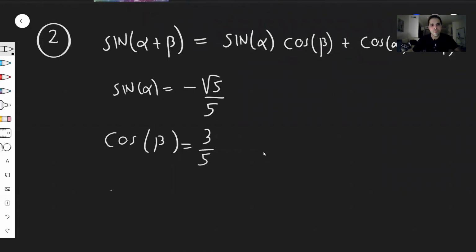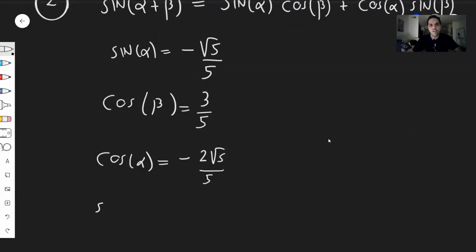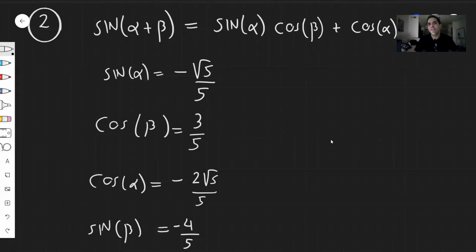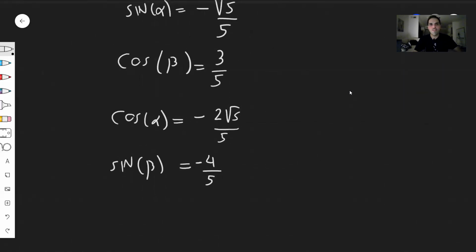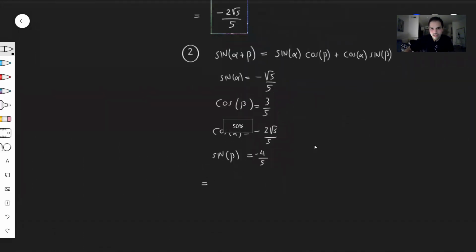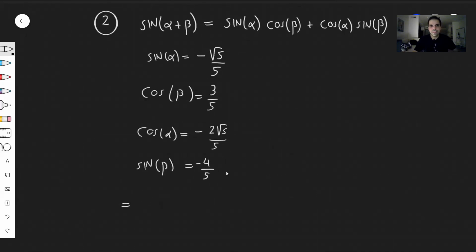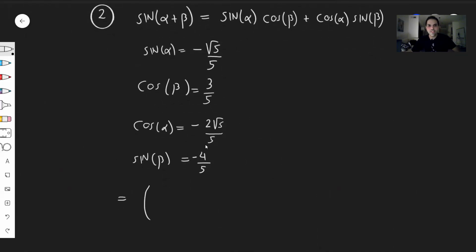Cosine of alpha, I believe minus 2 square root of 5 over 5. And sine of beta, that was 4/5, or I think minus 4/5. Everything is negative. So again, you plug that in. So sine of alpha cosine of beta. Maybe I can make this a bit smaller. Guess not. Yeah, much better. Okay. Then just to plug that in, so this becomes minus square root of 5 over 5